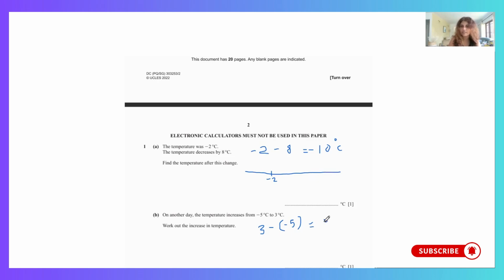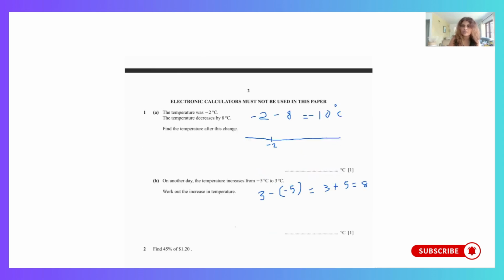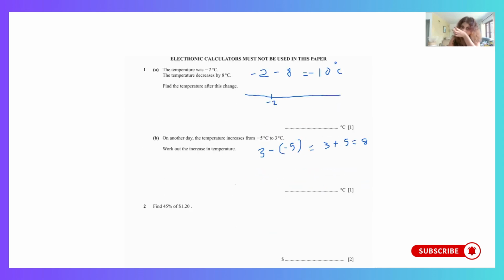So therefore, the answer will be 3 plus 5. So 3 plus 5 is 8. There you can understand the difference between these two temperatures is 8 degrees Celsius. It's 8 degrees Celsius. If you do this question by using a number line, you need to first mark on